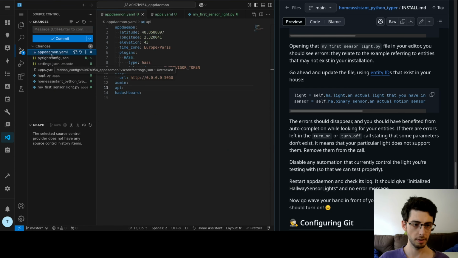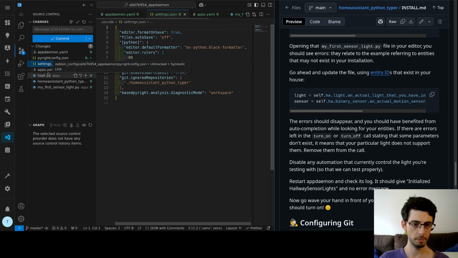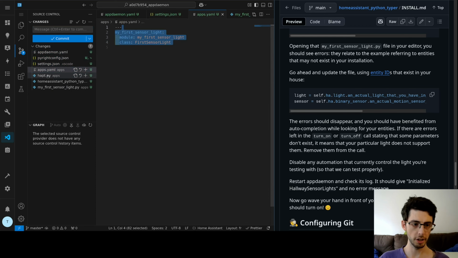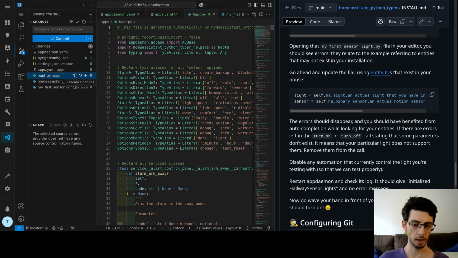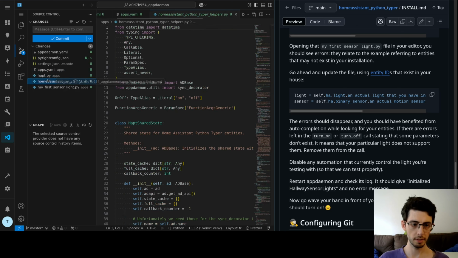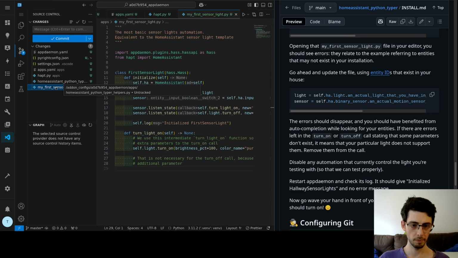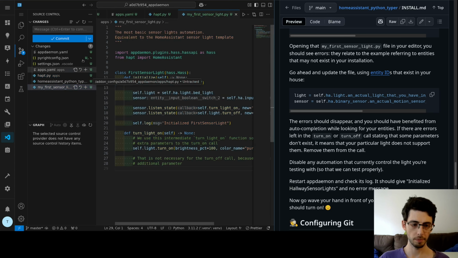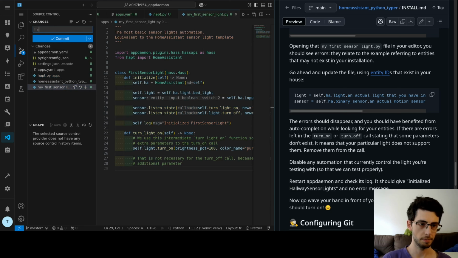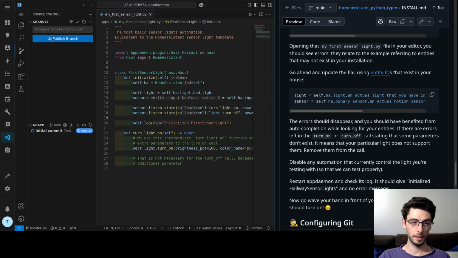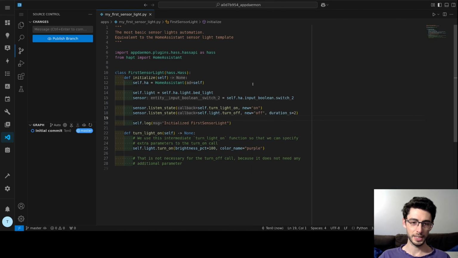Now in our changes, we have the AppDaemon configuration, the VS Code settings, our apps declaration, the types for our Home Assistant entities, a bunch of helpers that are created at the same time as the entities are introspected, and finally, our app. Let's save that. That's it. We are fully set up.